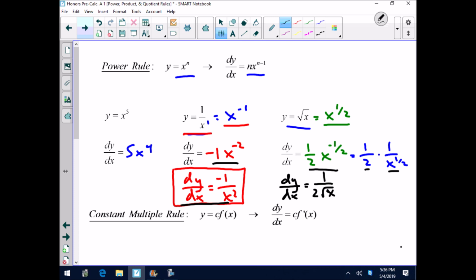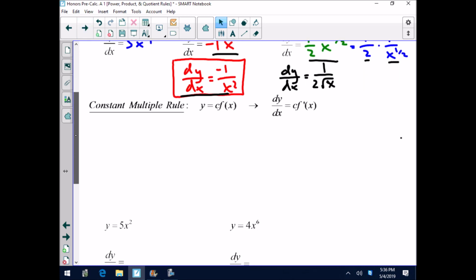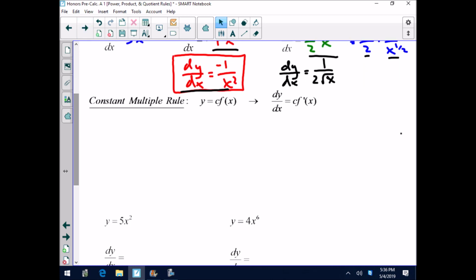Now, in our derivatives, we might not do all our multiplication out, we might not do all our division out, but we always want to have our derivatives in a usable form, meaning we want to be able to plug in an x value and get out a derivative value, right? The next thing we're going to say about the power rule is that we can use it in conjunction with multiplication. One of the rules that we can talk about with regards to the derivative is that if we have